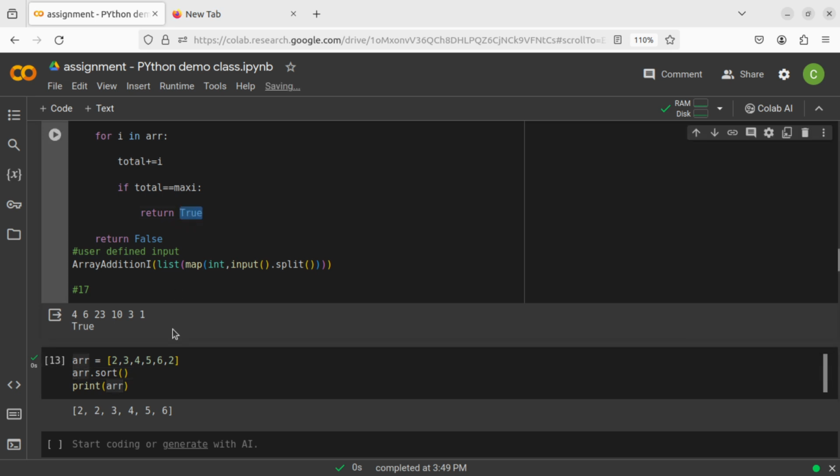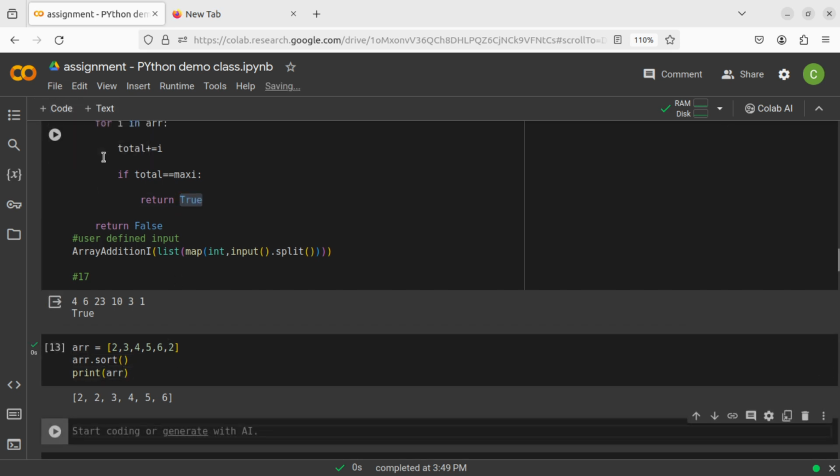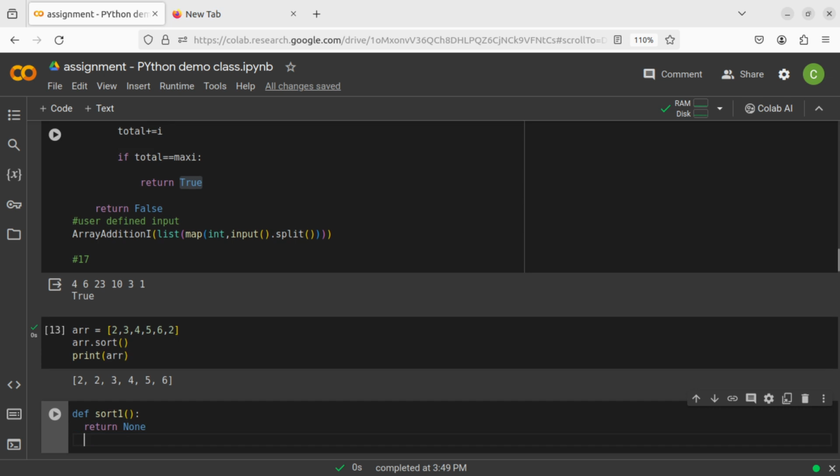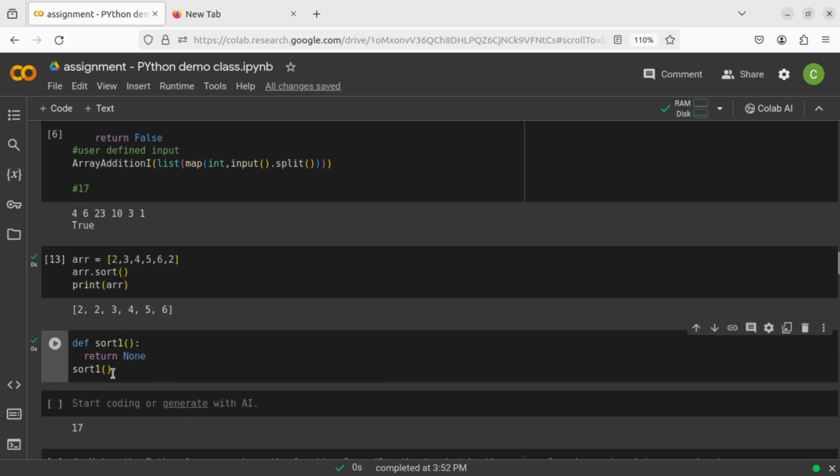So if you create a new function, suppose I say sort, not sort, I will say sort1, and I say return None. So whenever I call this sort1 and print, it will return None, right? So similarly,